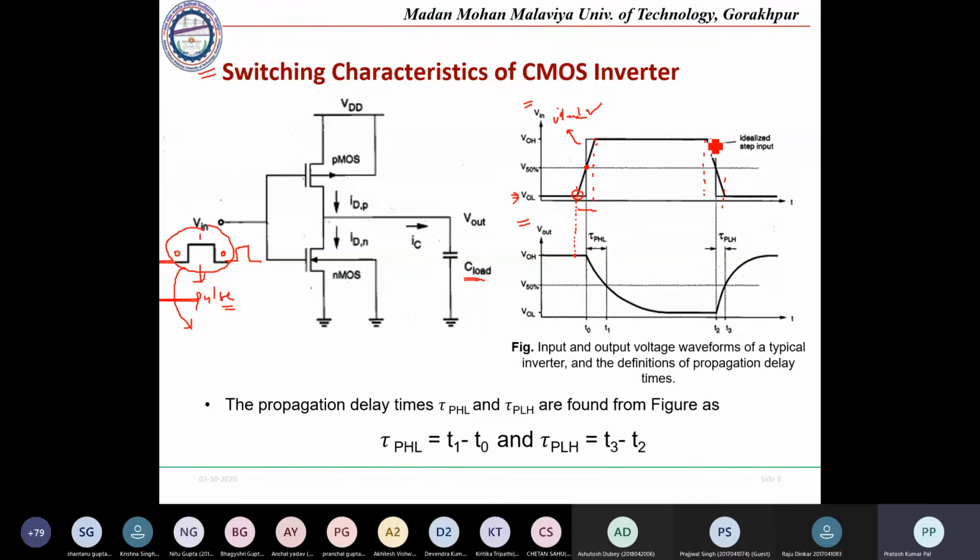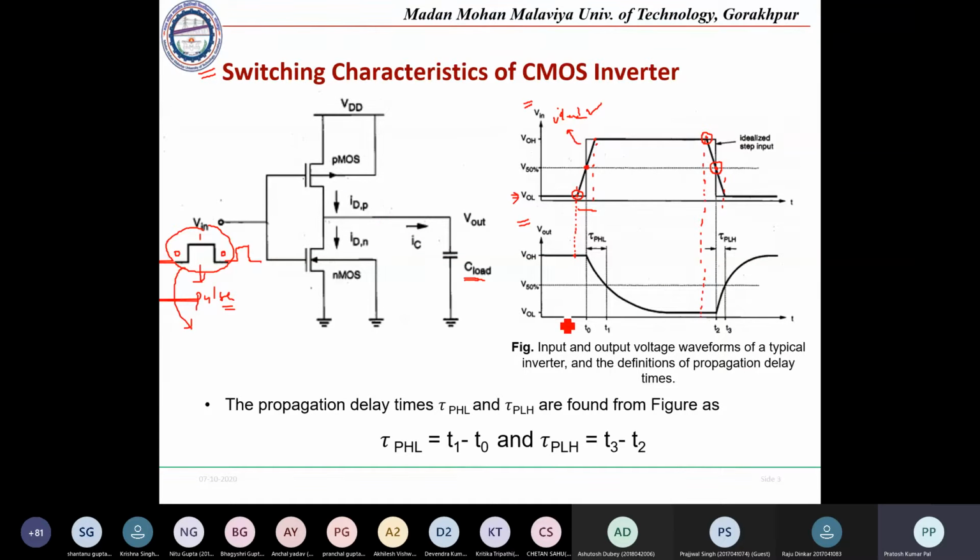And again here, what happens, the input high value has started to decrease at this point, but at this point there will be no effect in the output value. So the output value will start to increase once the input has reached 50% of the highest value. If it reaches this point, beyond that it is going low, then the output will be high, so it will start to increase from there. So this is how we practically analyze the transition of an output voltage of an inverter.